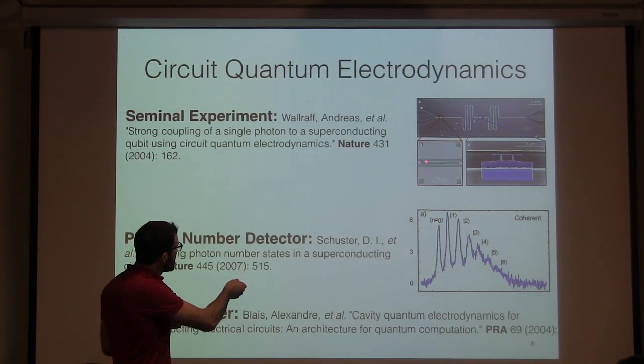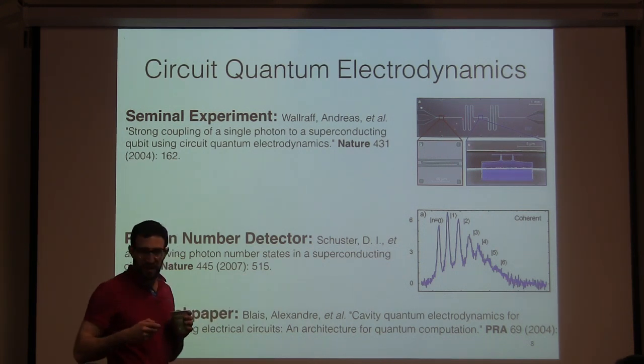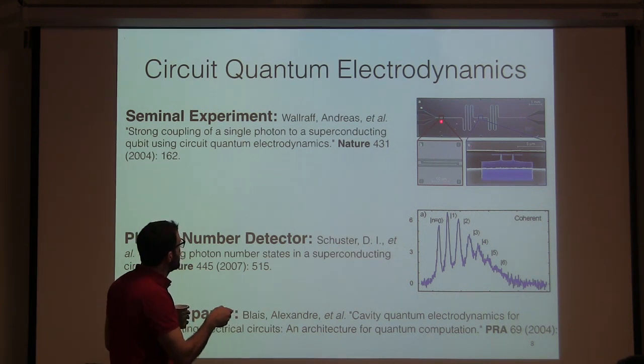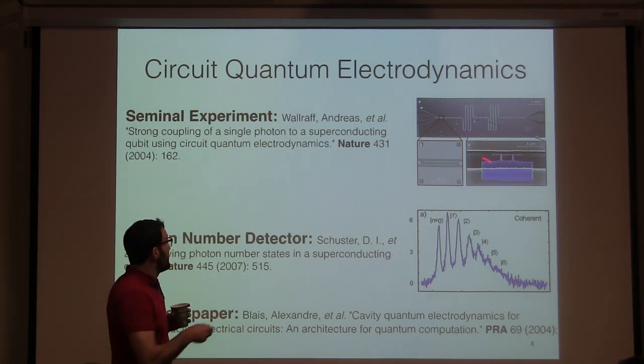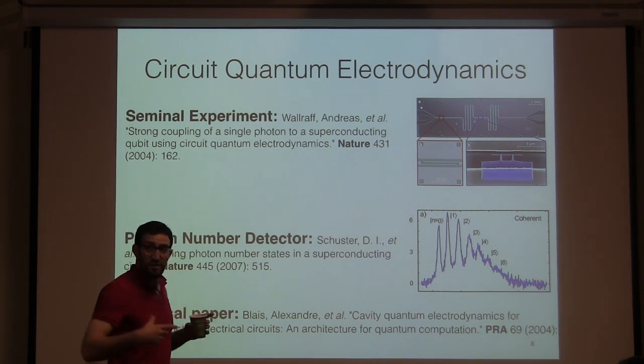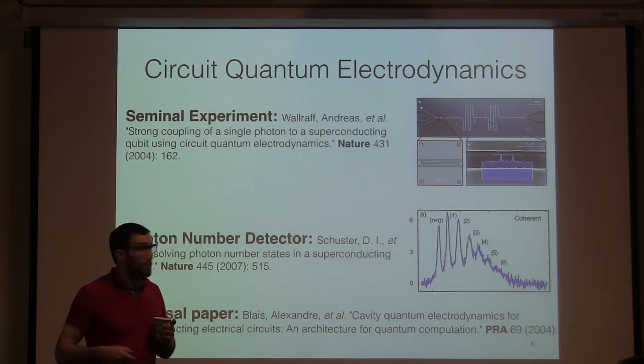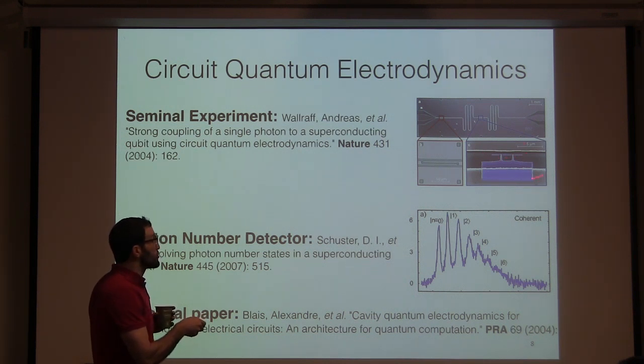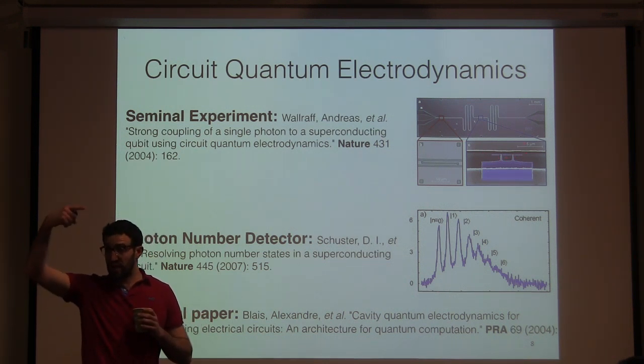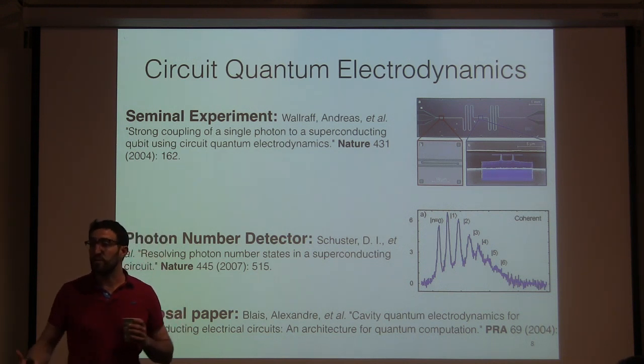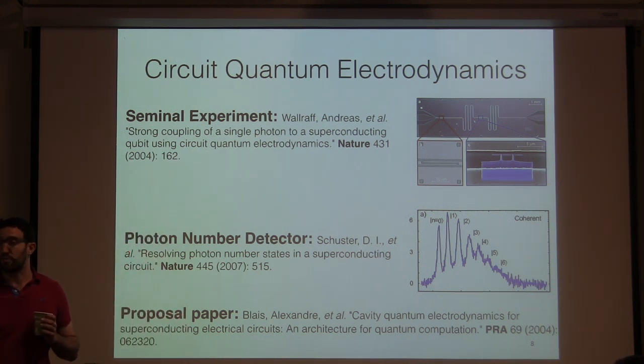What you can see here is that this meandering object is a resonator. You should just think of it as a transmission line. This object here is one of the transmission lines, and this object is the outgoing transmission line for measuring. This squiggly thing is the mirror separating them, and they have one at each end, so that makes a microwave cavity. Then you can couple your transmon qubit, which is this nonlinear object, to that cavity and do cavity quantum electrodynamics with that, just as one does with optical photons.